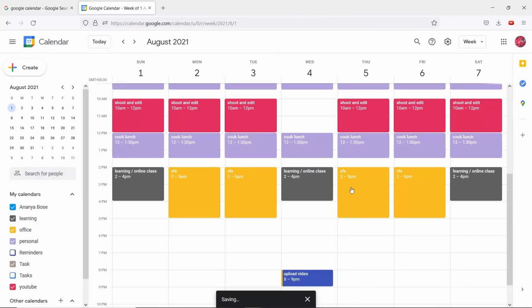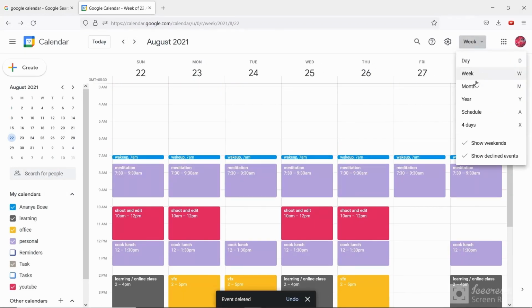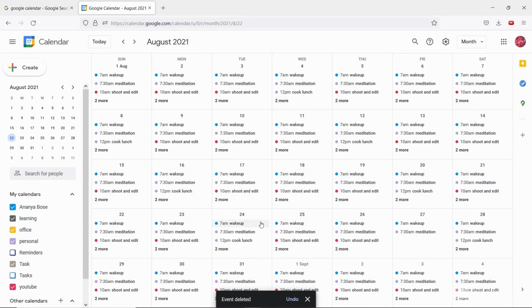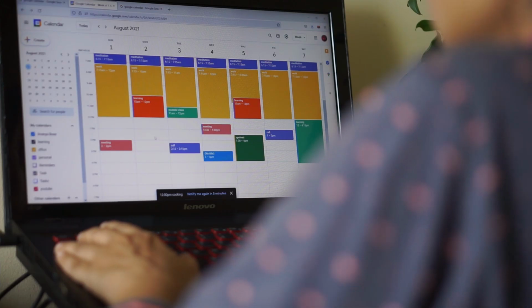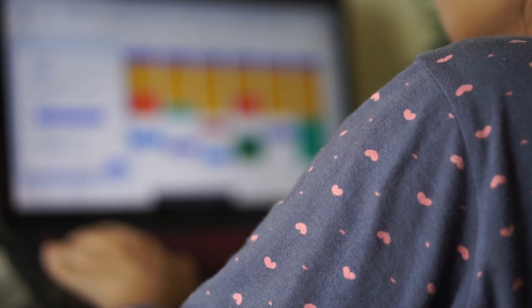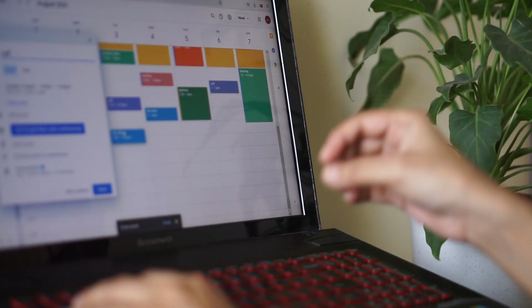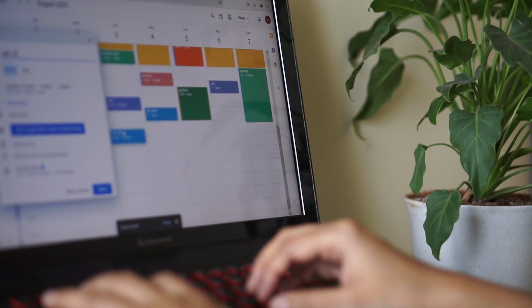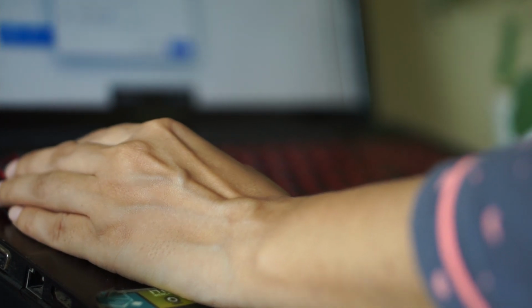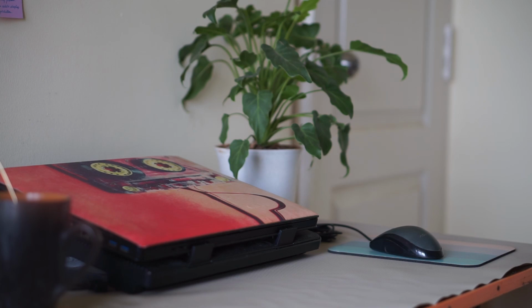So this is actually what my routine looks like. It is not an exact routine, and I'm going to add a few things later because it is too early to make a schedule for August. Anyway, those who love to write a schedule in a journal, you can continue, or if you are like me and don't like to open a journal every now and then, this is the perfect planning tool.